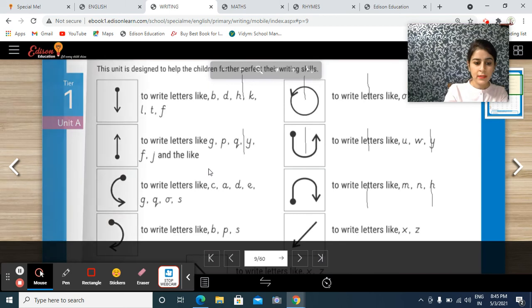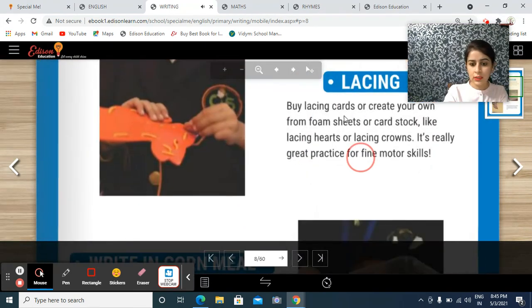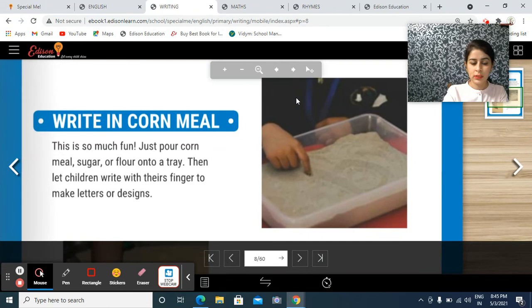One more thing, parents, if you remember, we did this activity in the cornmeal. I hope you all remember this. If your child is not showing interest in the writing part, not happily writing in the booklet or notebook, first of all give them sand, salt or wheat flour so that they can write upon that first. If they're comfortable forming the standing line from upwards to downwards and from bottom to upwards, only then will they enjoy their notebook and booklets. So first of all, repeat this activity with them.